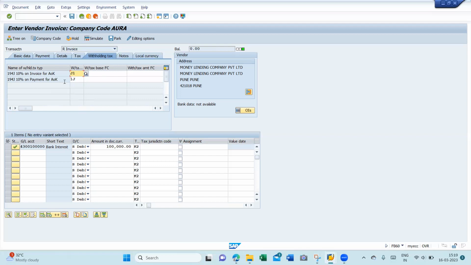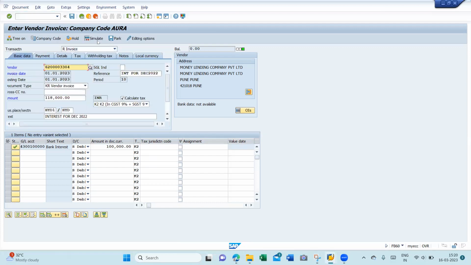So on payment it is irrelevant. You remove this, because if you don't remove, it will calculate TDS there also. Now this is removed, only on this invoice it has to be calculated. Withholding tax base currency, you need not put anything. By default the system will take the base amount. So if I simulate here,